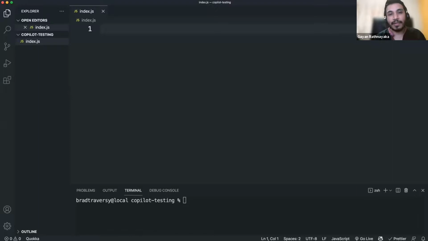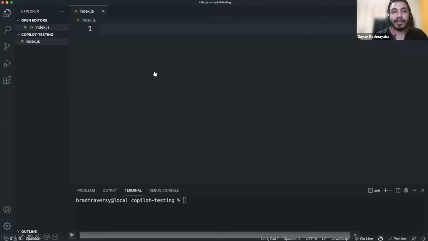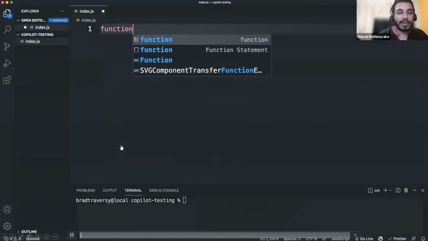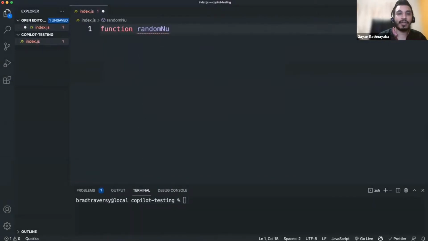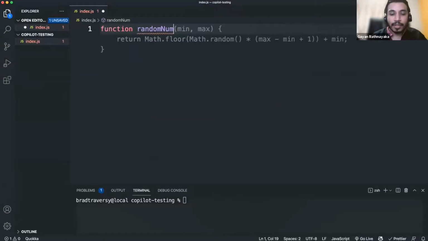So we'll have a look, right? This is an example that I captured from YouTube. So we'll go and have a look at how it works. Like I said earlier, you want to write a random number generator function. When you type the function name, random num, it will give you a suggestion, right? You can see this grayed out area. It's the Copilot suggestion. You can either accept this Copilot suggestion or write something of your own, or else there are a lot of options available.